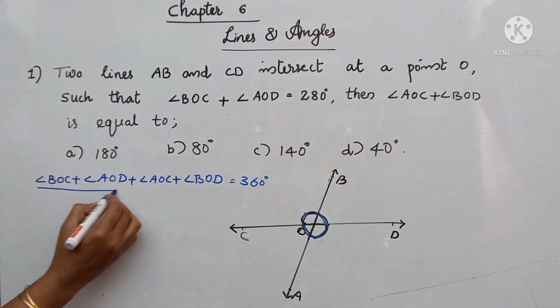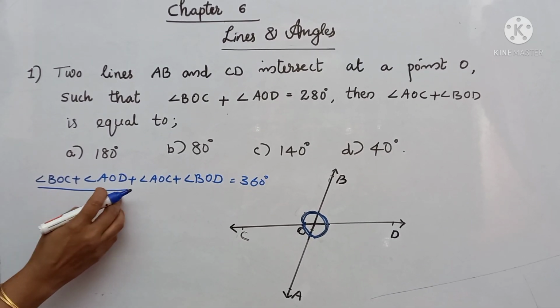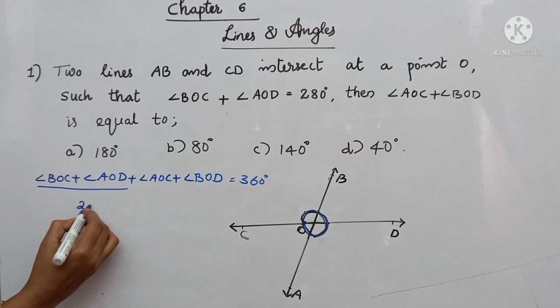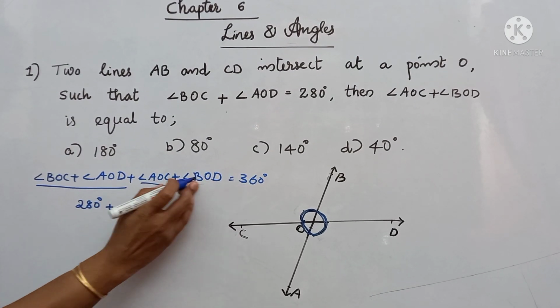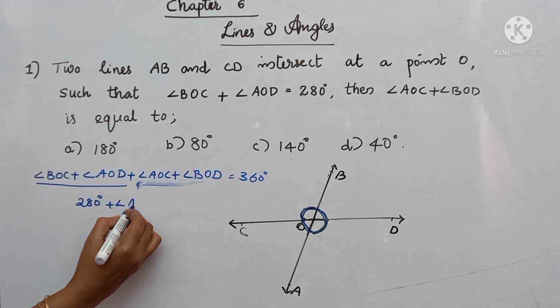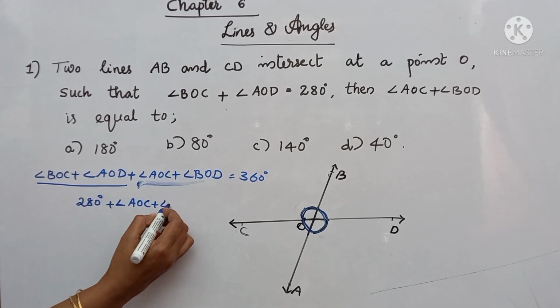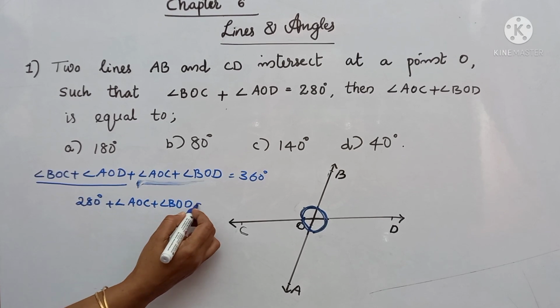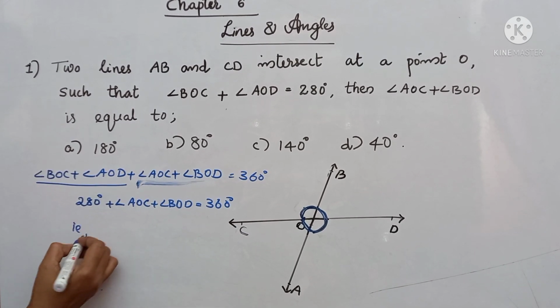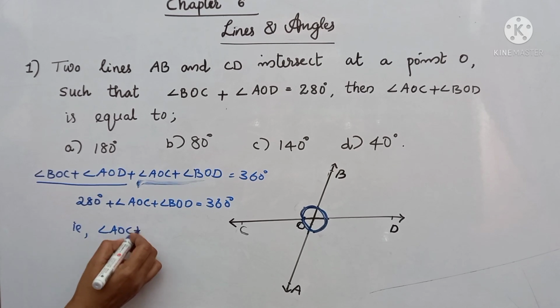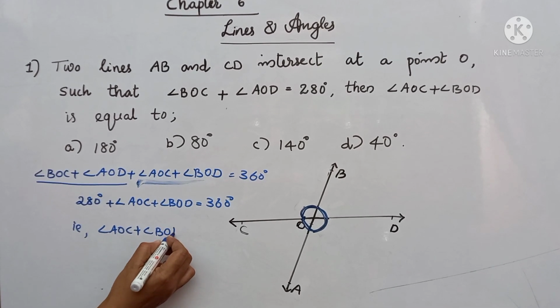Angle BOC plus angle AOD is equal to 280 degrees, as given, plus these two angles whose sum we need to find. So we can write it this way: angle AOC plus angle BOD